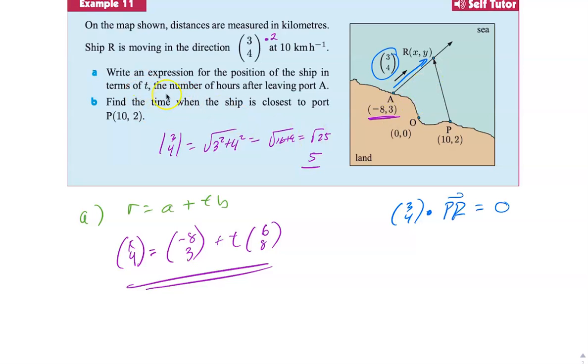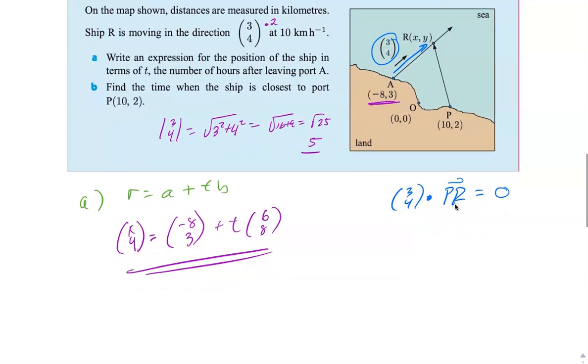Now, this time, all we're finding is the time. The last one we did wanted the actual distance. This one just wants the time when it's shortest. We just have to find t. So it's going to be the direction vector dotted with the vector right there, so that it makes a right angle. So let's figure out what PR is. Well, PR is